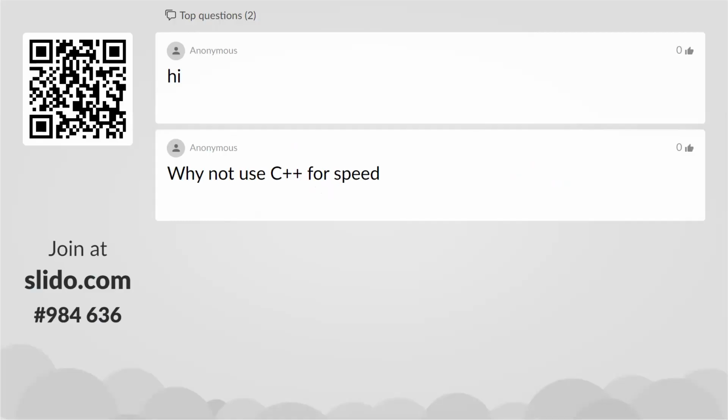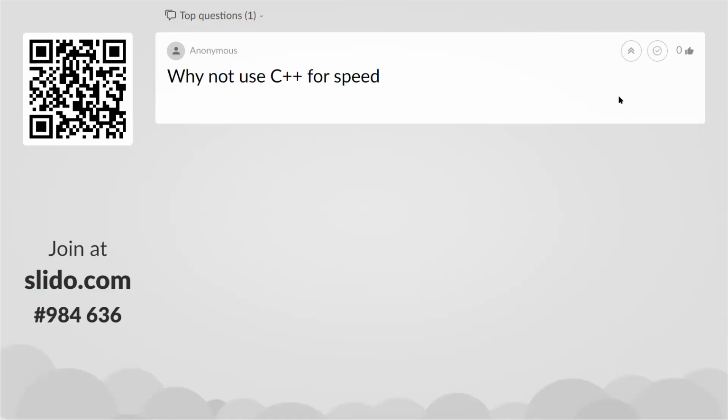Okay, there is a question here: why not use C++ for speed? Good question. If you haven't worked with C++ before, it tends to be very verbose and not as expressive as something like Python. Obviously, for algorithms that really need down-to-the-metal speed, C++ is what's really common in the industry. If you're an engineer working on high performance numerical algorithms, you're probably in C++. But if you're more of a scientist, like a data scientist or some kind of researcher,